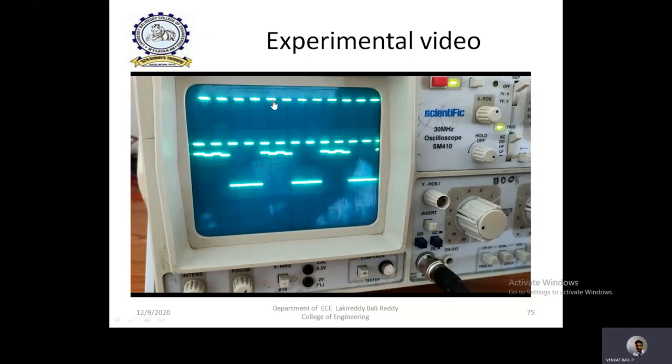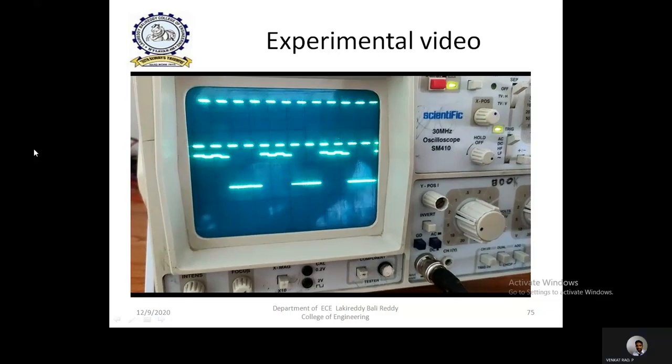So for one clock time period, high pulse. Again during another clock time period also high pulse. So 1, 1. During the next two clock pulses, low pulse is observed. So 1, 1, 0, 0. Again 1, 1, 0, 0. So that kind of bit sequence is generated. So simply 1, 1, 0, 0 is generating from the input. That is what we need to observe.